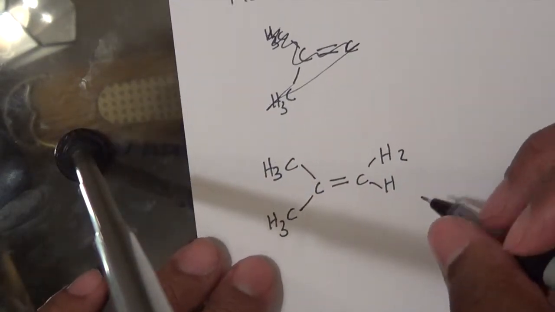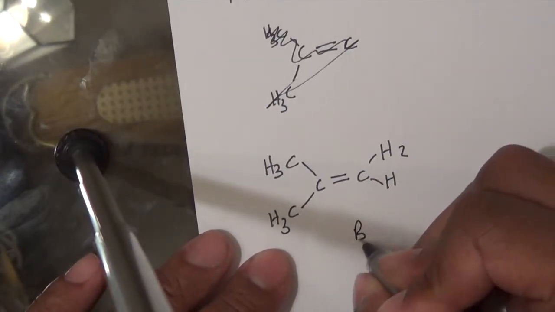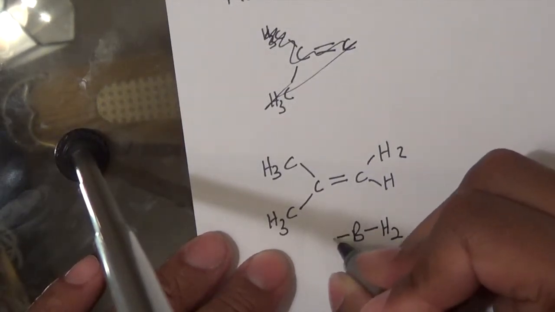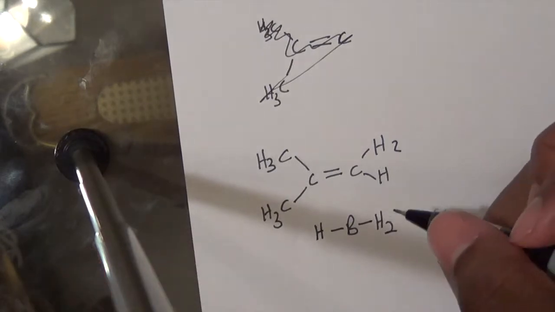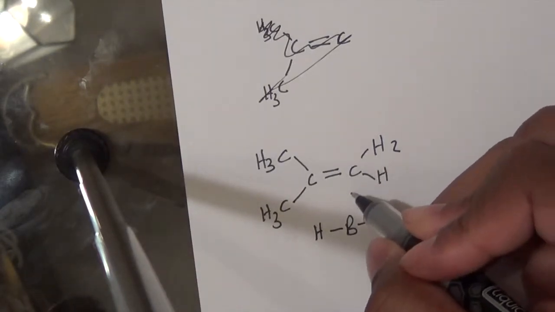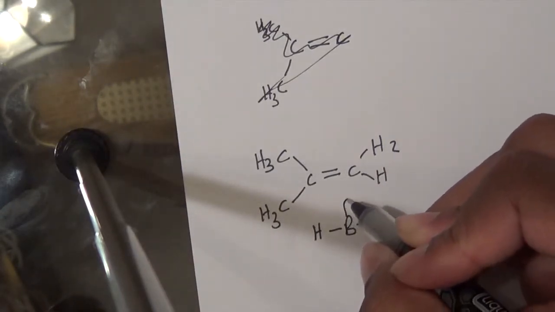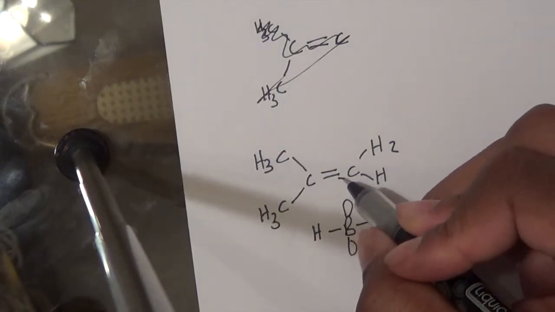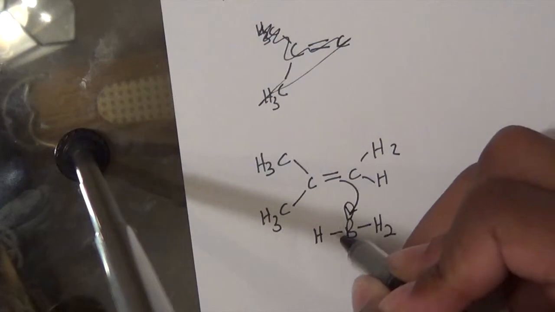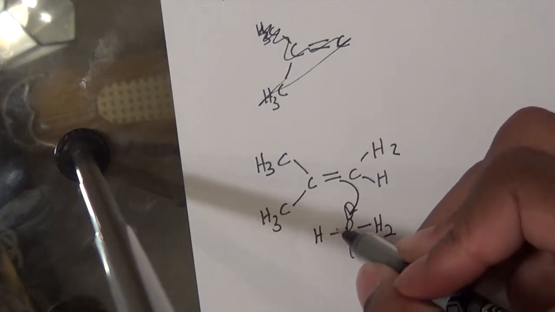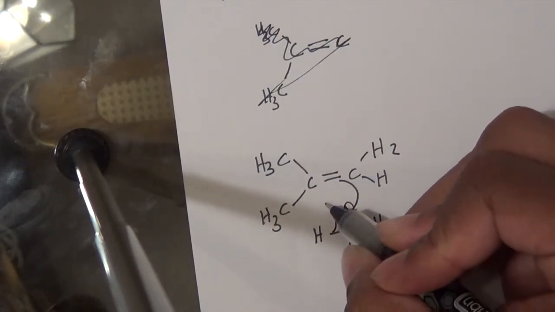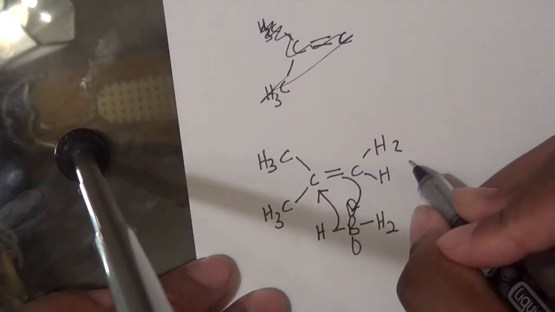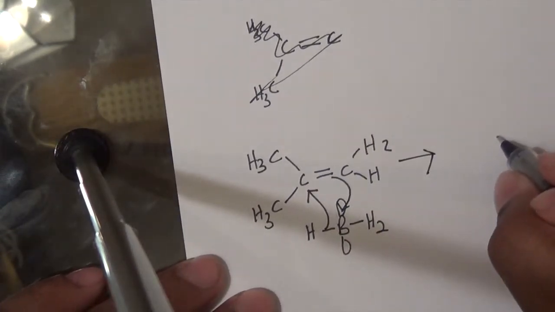Okay, so we're gonna take BH3, and in a concerted process, since this has, remember, that empty p orbital, it can accept a pair of electrons. So this electron density is gonna come here, and now hydrogen is actually gonna act as a nucleophile and attack here in a concerted process. Okay, so that leaves us with